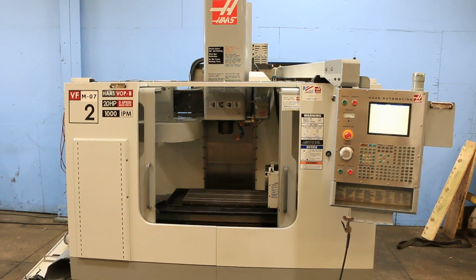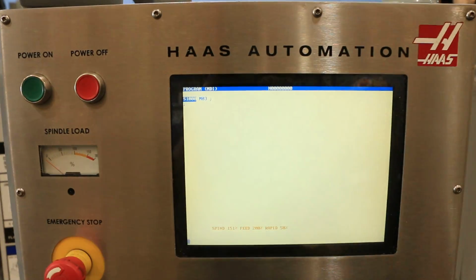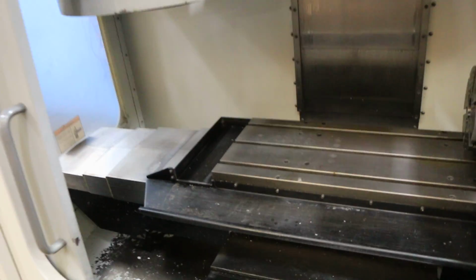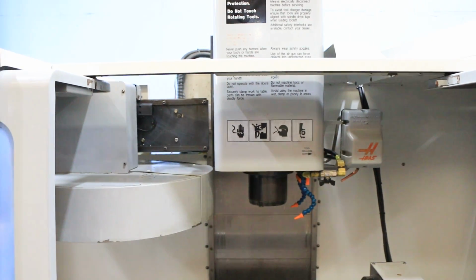Alright, today we're going to do a video of a Haas VF-2B, serial number 46219. It's new in 2005. Has a Haas CNC control. Also is equipped with a Haas rotary table, a model HRT 210. Also have a 20 position tool changer,